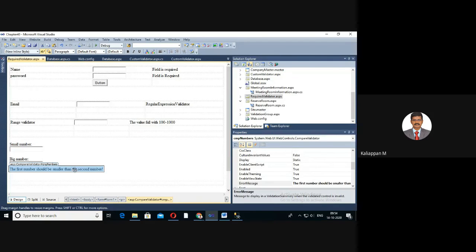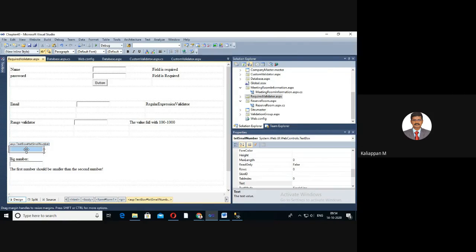Here I have placed two text boxes. The ID of one text box is txtSmallNumber, and the ID of the other is txtBigNumber.